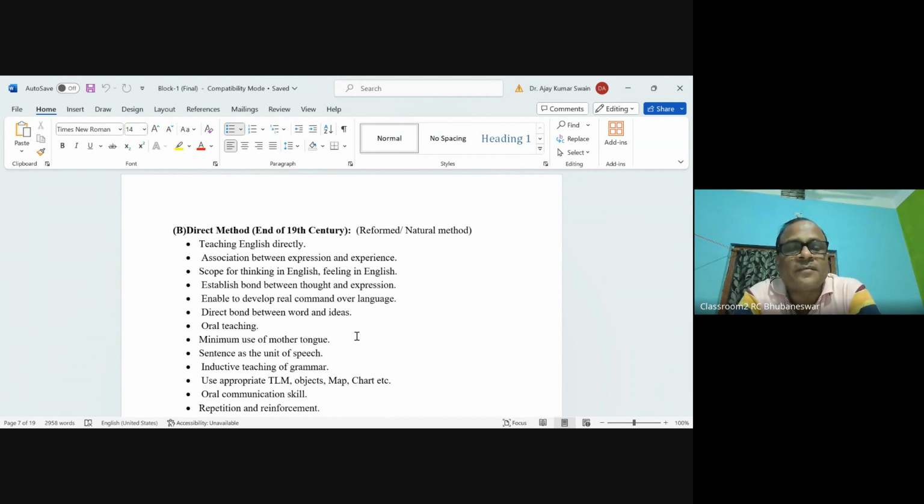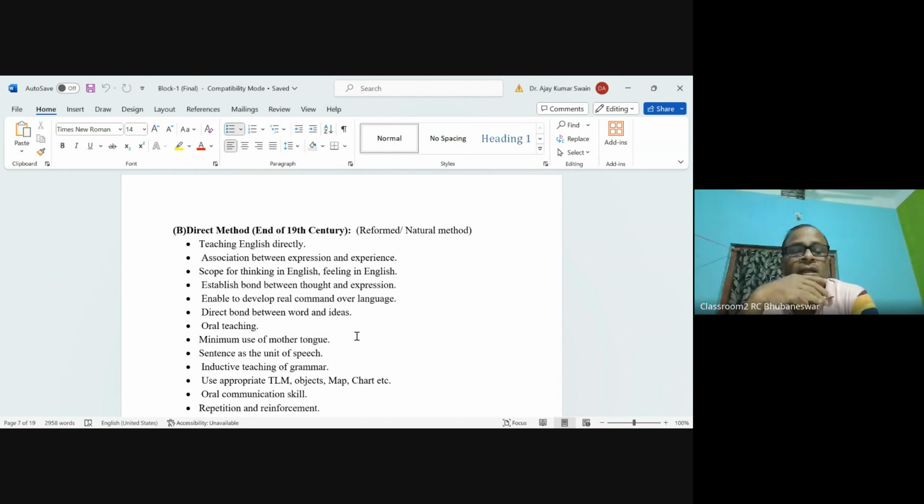Okay, at the end of the 19th century this method came into existence. Teaching English directly, no mother tongue is used. Association between expression and experience, scope for thinking in English, feeling in English is very important. Establish a bond between thought and expression: what the child thought should be expressed. Enable to develop real command over